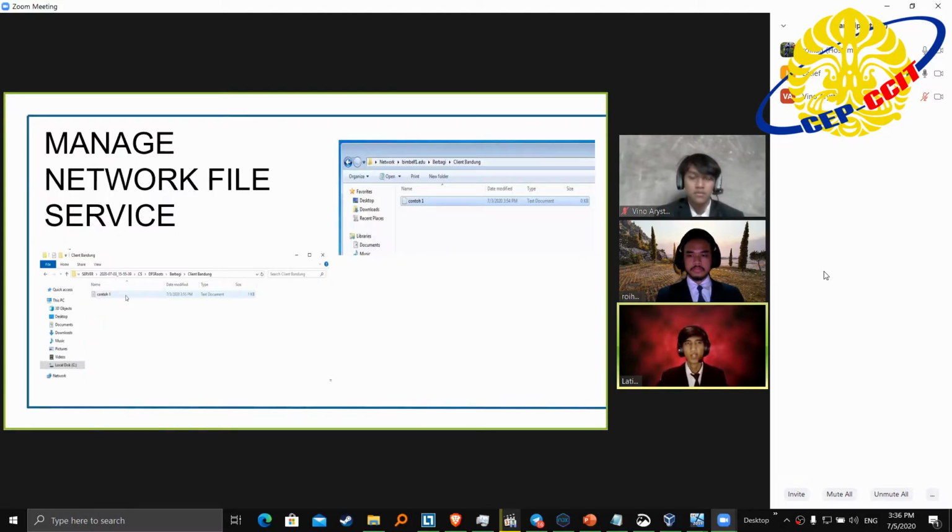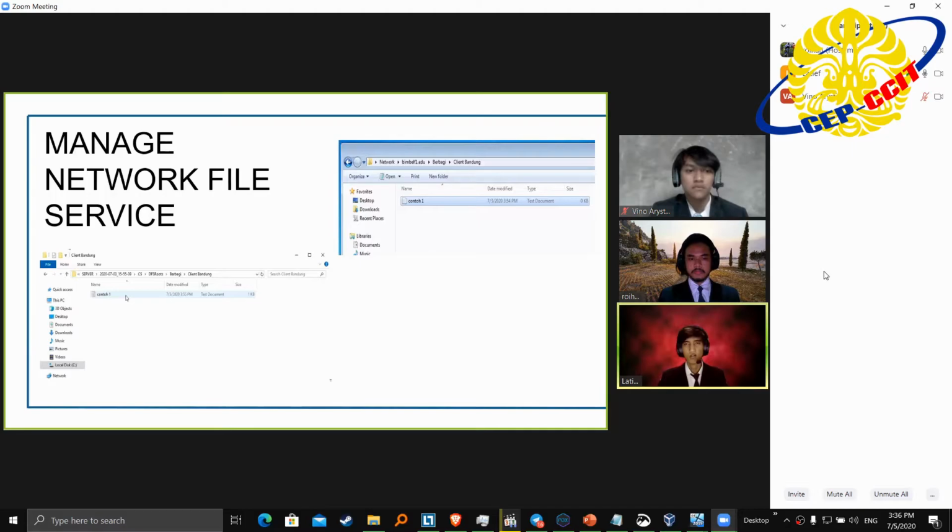And next, manage network file service. Here, we use the file management task. File management task is a service that can move expired files to a designated folder location or perform custom tasks.